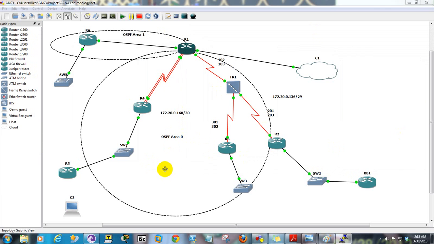Well, I don't know any company, and I've only worked for a couple of them, that runs a single area of OSPF. What does that even mean? Well, in order to reduce network bandwidth and other things, a lot of administrators will run multiple areas of OSPF, because it allows you to